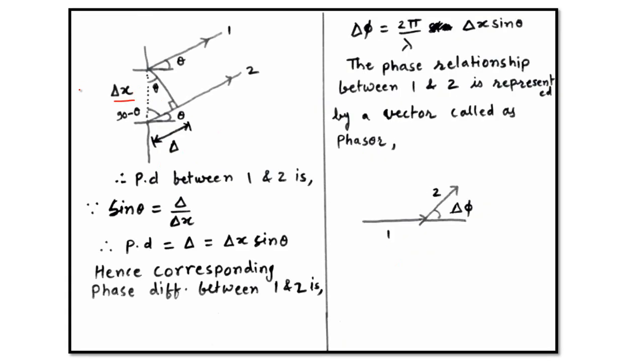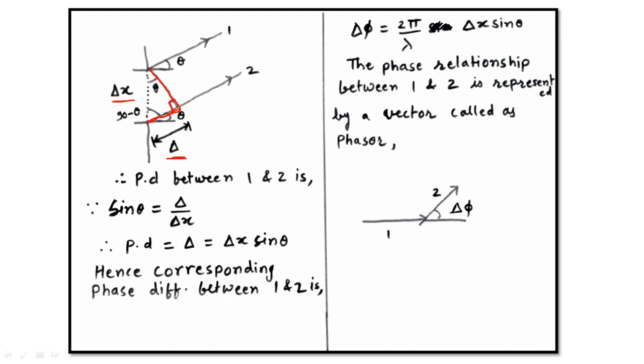Then let us choose a single slit of width delta x from such n number of slits, and let us consider that these are the rays, like ray 1 and ray 2. They are diffracted from top and bottom edge of this single slit whose width is delta x. In order to find the path difference between ray 1 and ray 2, we draw a perpendicular from ray 1 on the path of ray 2, so that paths traveled by ray 1 and ray 2 beyond this perpendicular will be same. But prior to this perpendicular, ray 2 travels this much additional distance as compared to ray 1, and this additional distance is nothing but the path difference. Let us denote it by a letter, say delta.